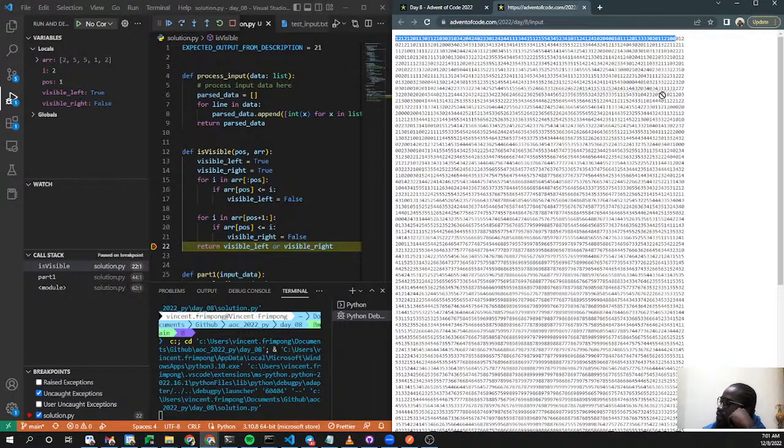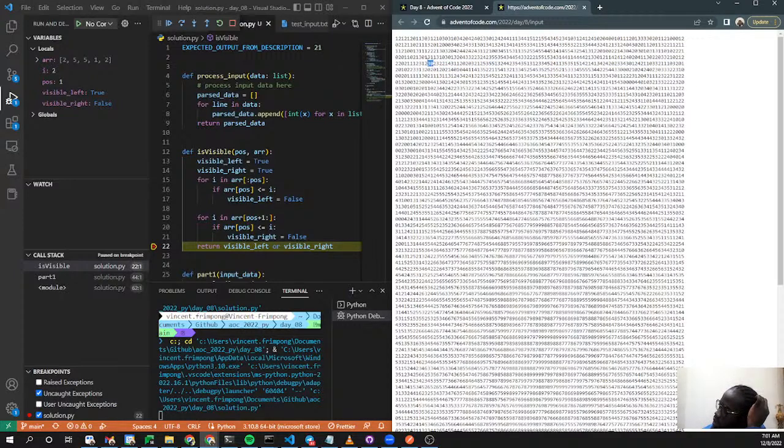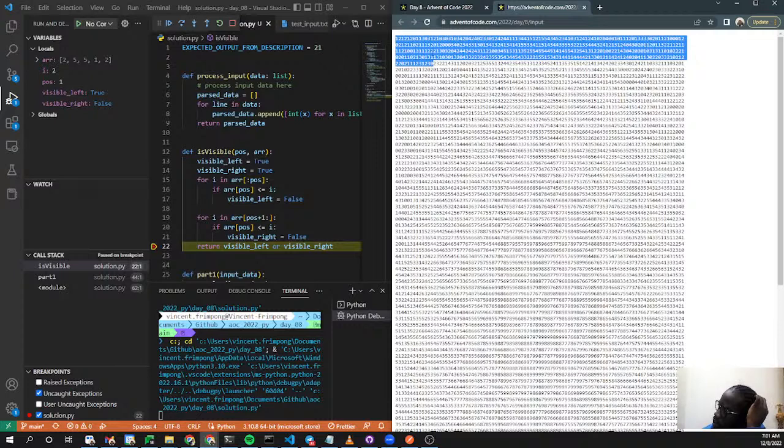If I have 10 and then 5, let's say something like this. The size of the edge is going to be 1, 2, 3, 4, 5, and 5 here, and 8 in between, and 8 in between. So that's going to be 16 plus 10, 26. 26 definitely isn't